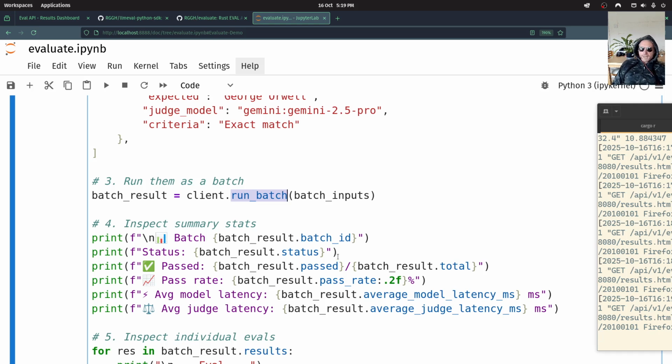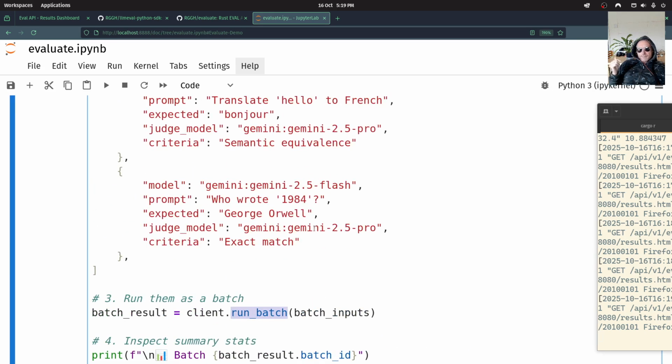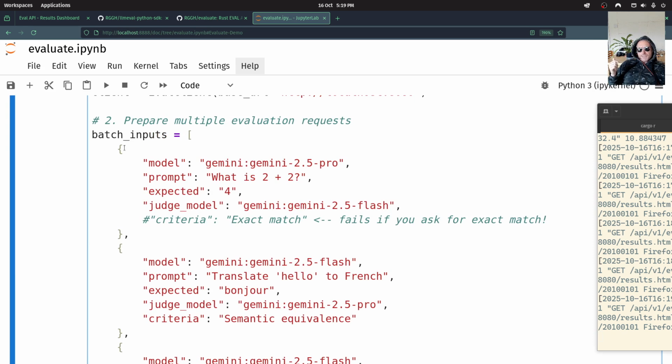So if you don't take anything from this video, remember we've got a server which runs once you set it up. You've got a client, and the client can either run a single eval or it can run a batch. Now the batch here, I've just typed it in, but you would typically have this read from a file. You can have what's called a golden data set. Now you could run the same judge model and the same model in every case over, say, 100 questions. So then you'd get a feel of, obviously you want these different,